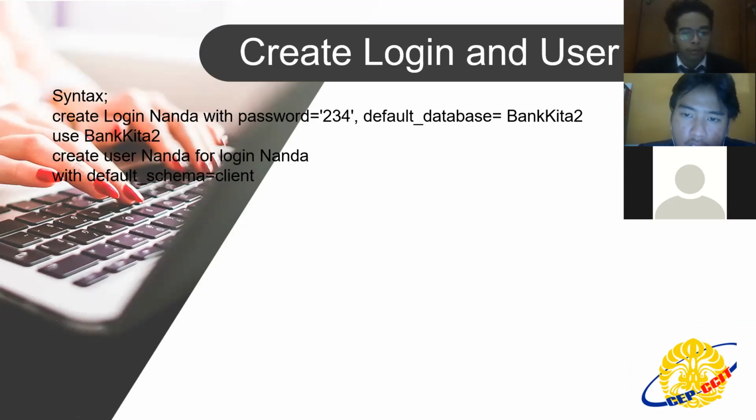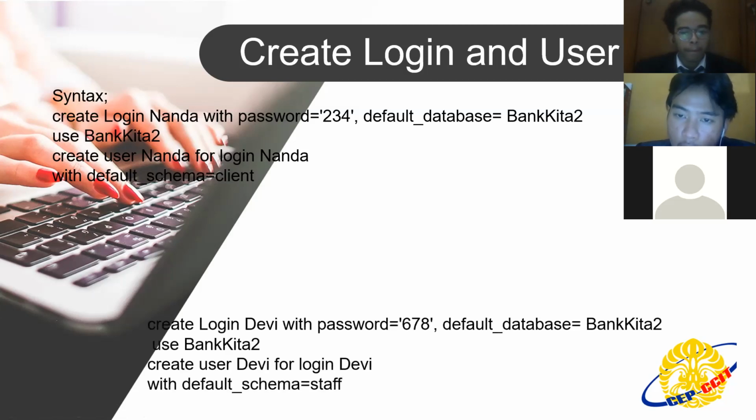Create login, the name Nanda and the password, and you must enter the password like a number or the alphabet, and the default database used is Bank Kita 2. Why? We must create a login and the password because if you create a login, you must enter the password for the security.